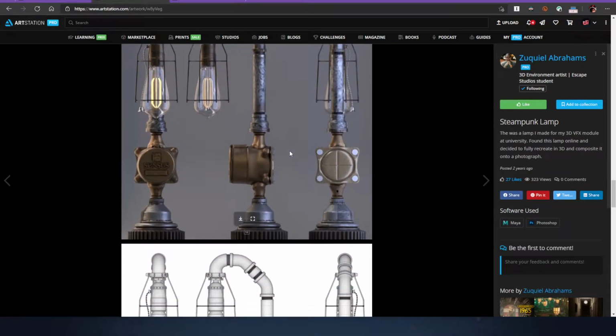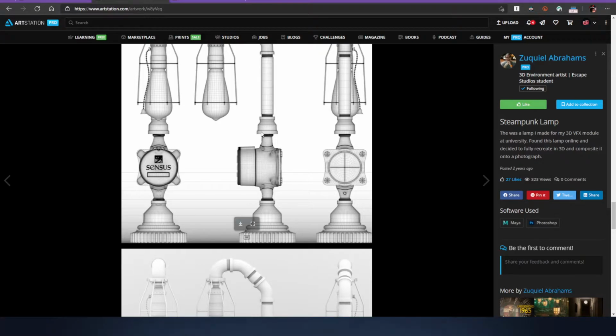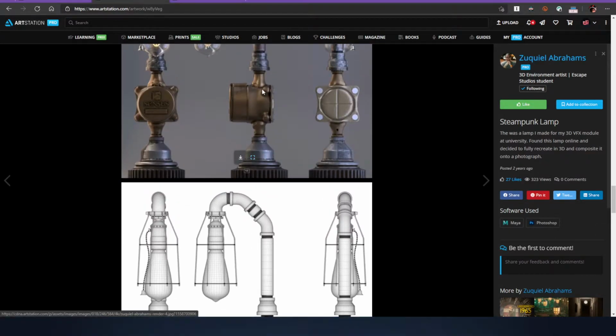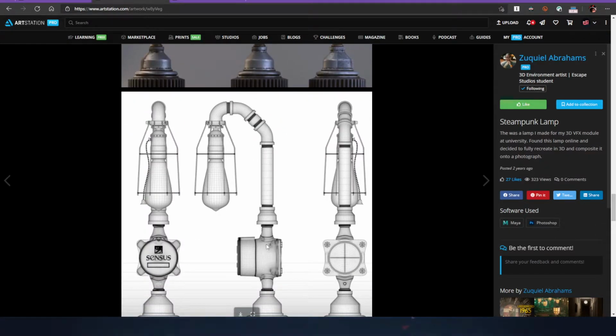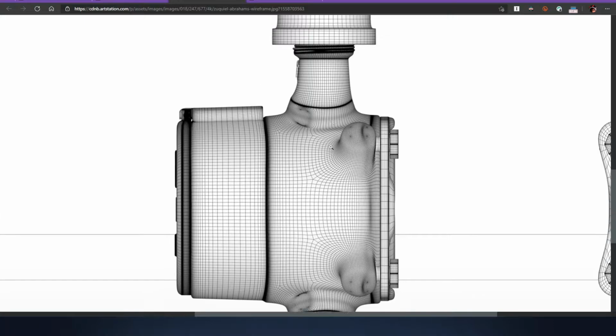Damn. This is nice though with the weld lines here. How did you go about making those? I think it was just all shader work. Oh, really? Or it might have been actual modeling. I'm not 100% sure. I can't remember exactly what I've done. It looks like shader work because when I look at your topology, it doesn't look like